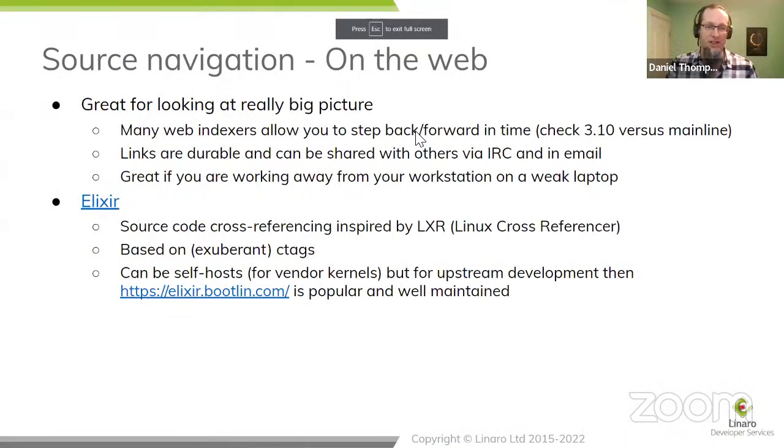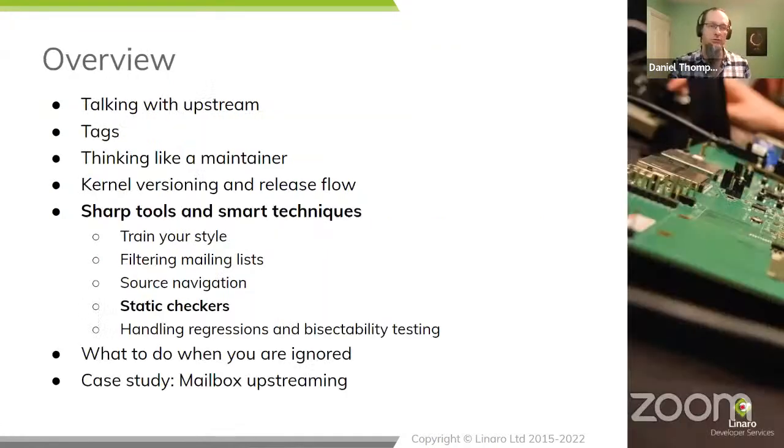So the web can be a good technique for source navigation as well, but I think they complement each other. Having an exact copy of your local code is quicker and easier to work with than the web stuff. But when you want to jump through all the architectures at once, because they'll all be involved in the index in this case, or if you want to jump back and forwards in time, adding the web techniques is a good addition to your local source navigation.